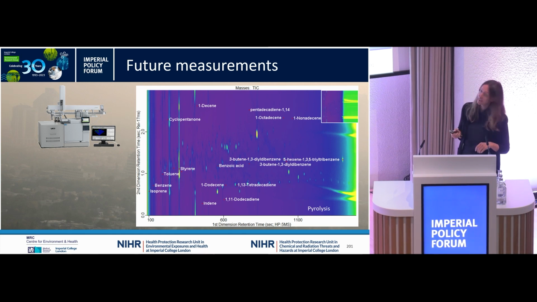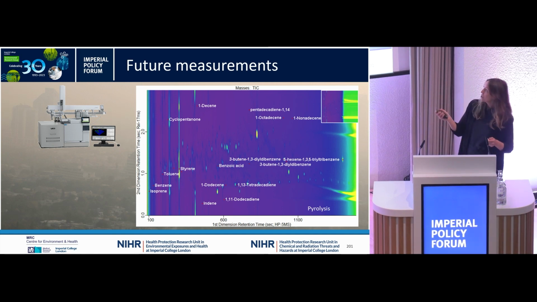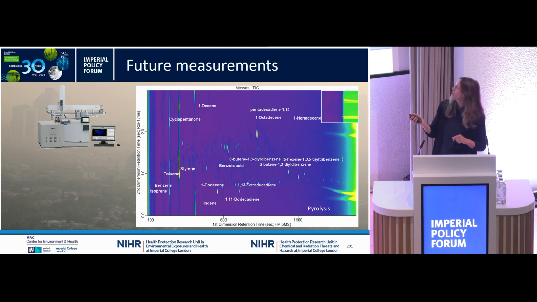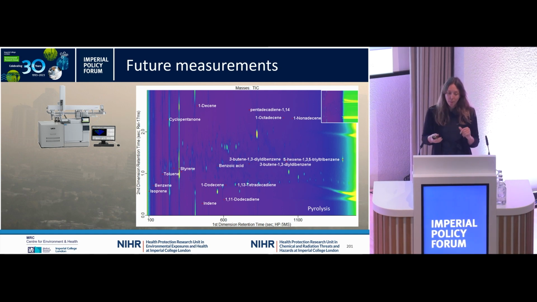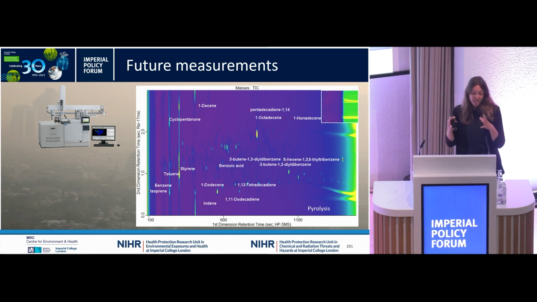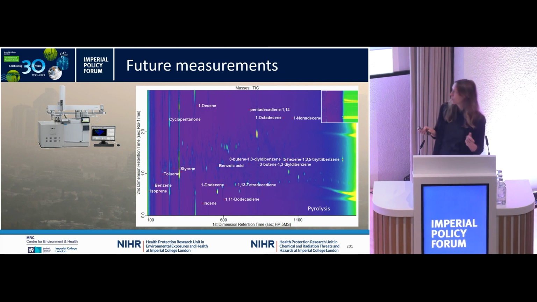I'm not going to go into the ins and outs of it, but essentially it's a form of gas chromatography mass spectrometry, and it generates data sets like this, where each spot or lit up part of this image relates to the presence of a chemical. So with this technique, you can literally detect upward of 1,000 chemicals in one sample.